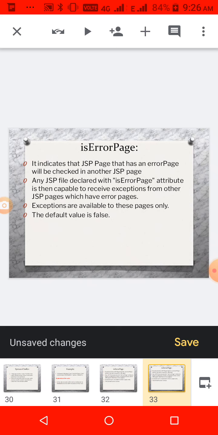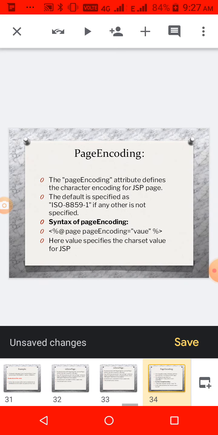The error handling and all we are writing in some other page, and that page we are calling here. For example, any JSP file declared with the isErrorPage attribute receives exceptions from other pages which have error pages. So isErrorPage is like exception handling in JSP.